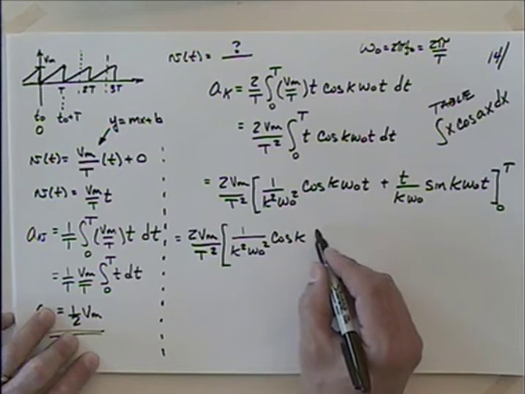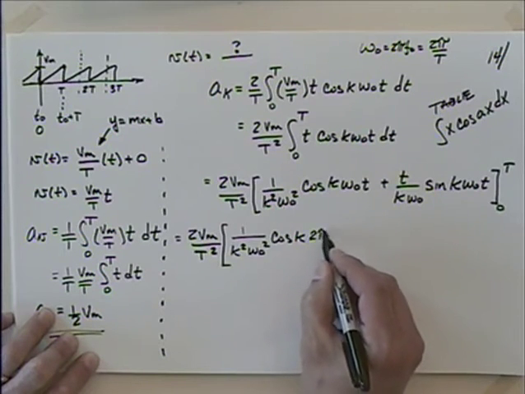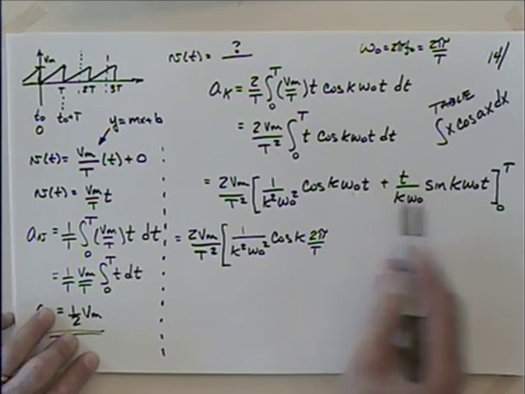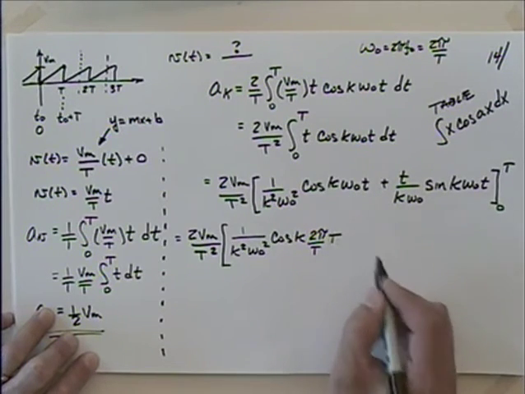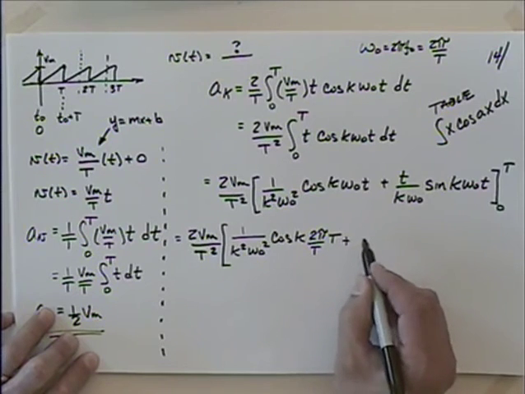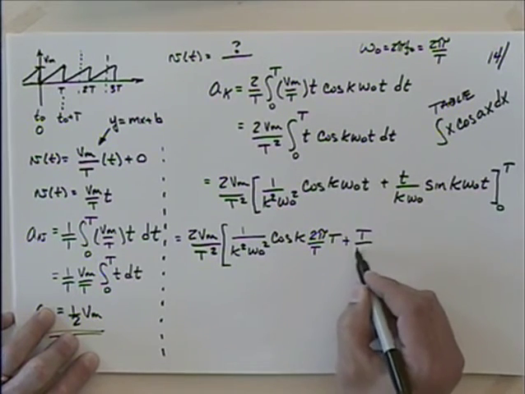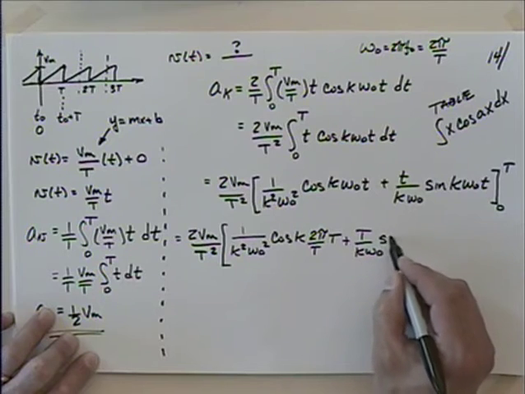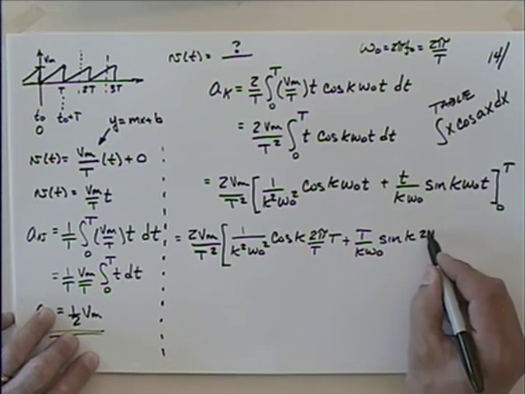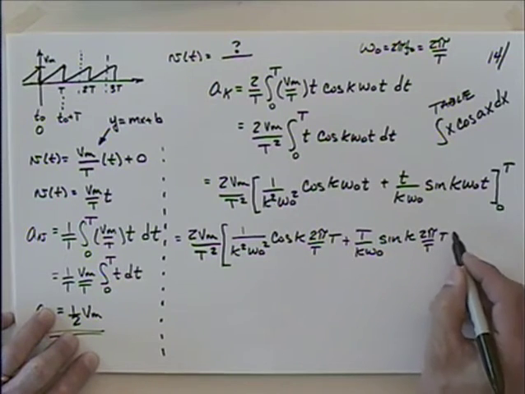I'll make my substitution here, 2 pi over T. So that's my omega naught, and then when I put the upper limit in here, I get T there, plus T over k omega naught sine of k 2 pi over T times T,